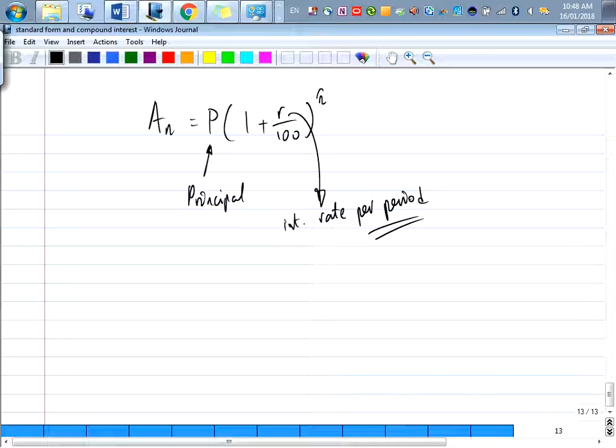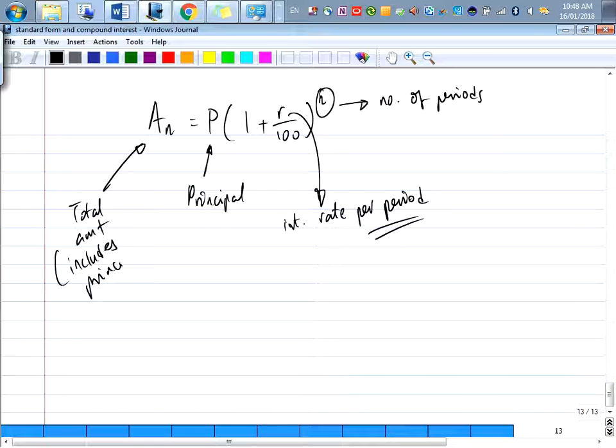This is very important. What about this one? Number of periods. What about this A(n) over here? Total amount. This includes the principal. Okay? Now, yesterday we stopped at